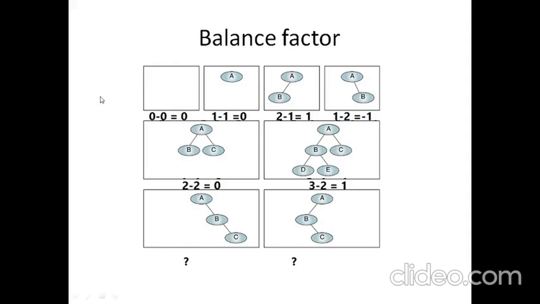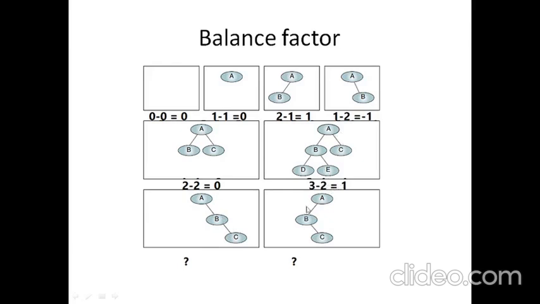Whereas in the second case, there is one branch, so plus 1 results in 2, and here it is 1, so 2 minus 1, 1. And here it's opposite, 1 minus 2, minus 1. And similarly here it's one branch on both sides, and adding 1 with both of them, the height is 2, 2, so 2 minus 2, 0. And here it is 1, 2, plus 1, 3. Here it's 1 plus 1, 2; 3 minus 2, 1.